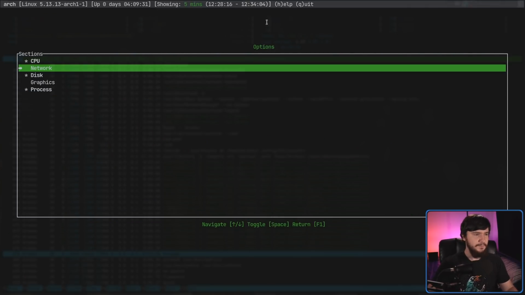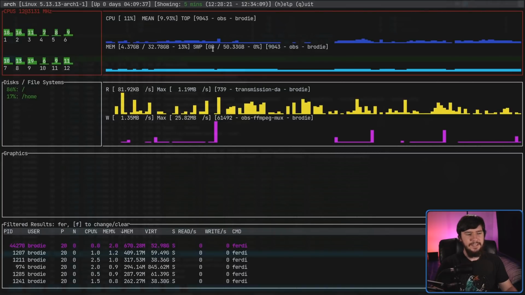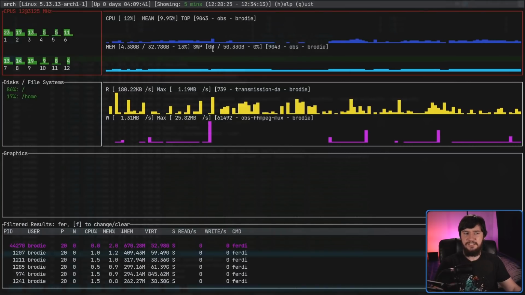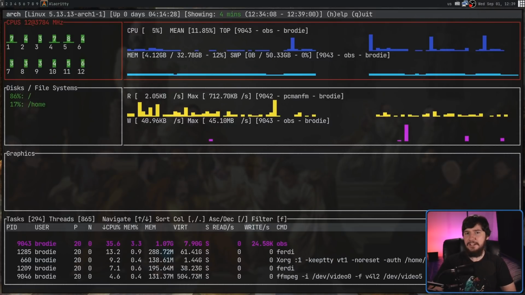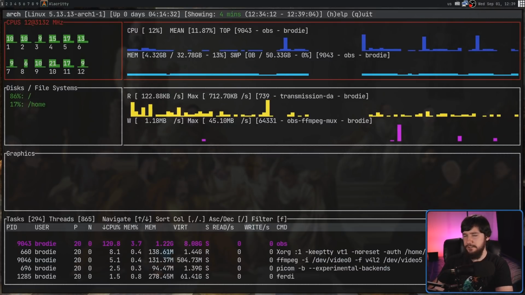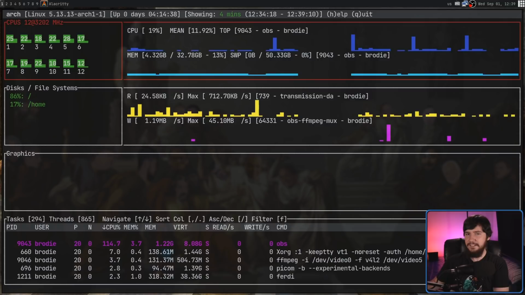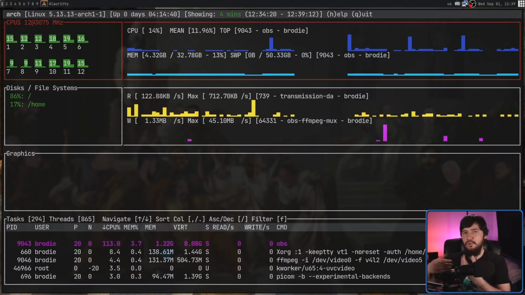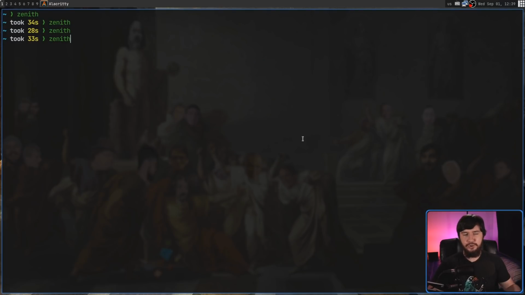displayed. Now, you may have seen a graphics section there, but I personally haven't had that one working. It's supposed to work with AMD cards, but this is the result that I get. Now, when you quit out of the application, it doesn't actually save any of the changes you've made, which is kind of annoying, and it doesn't have a config file, so there's no way to make it so it always starts like that by just running the Zenith application, but it does have options to launch it in a certain